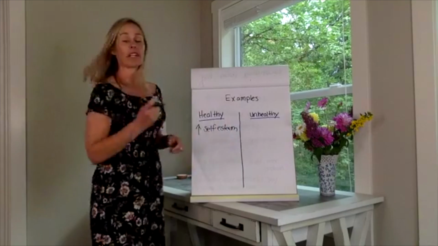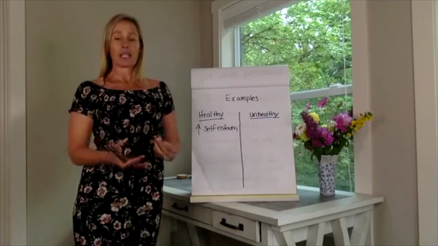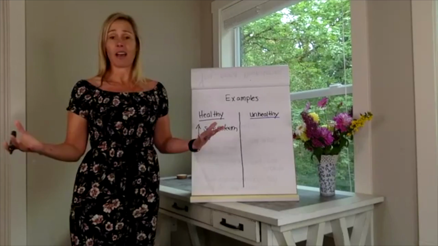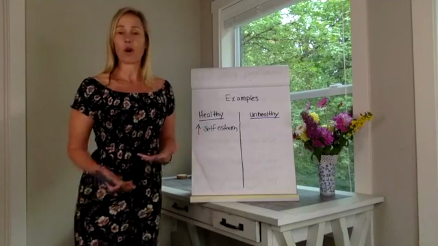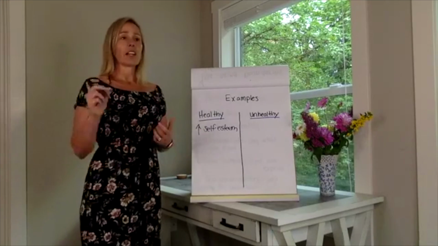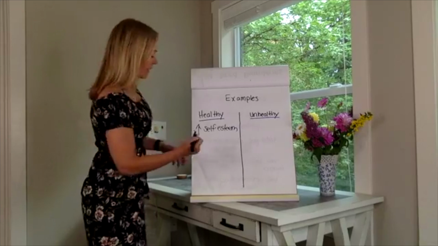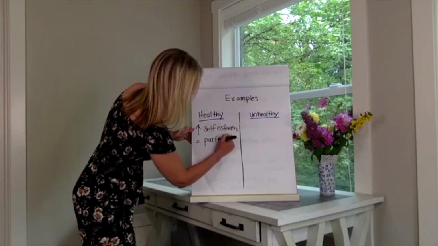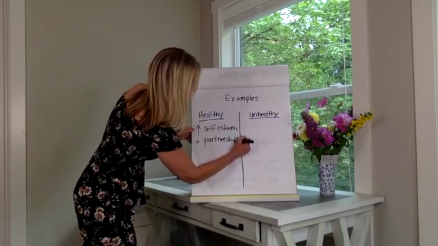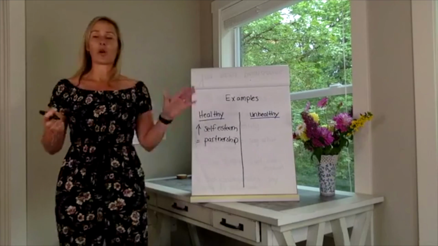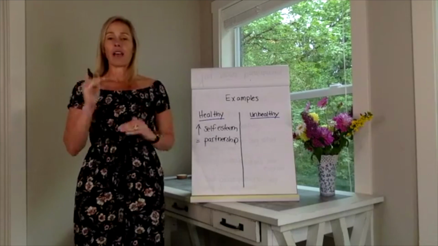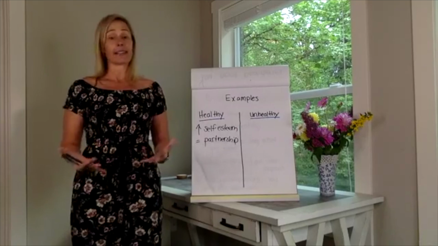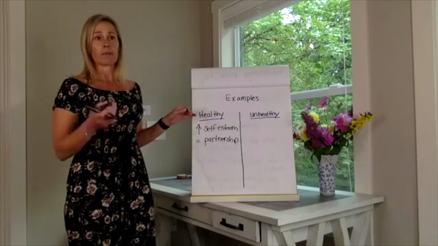You feel good about what you're saying, you feel good about what you're doing, and it's overall just a very positive way of living. You don't have to make any excuses for what you are and what you aren't doing. Another way you know you have good, healthy boundaries in a relationship specifically is it's an equal partnership. There isn't one person doing more or taking more than the other person. Everybody's on equal ground. Everybody feels respected and everybody feels heard and seen. That's a key that that's a healthy relationship.